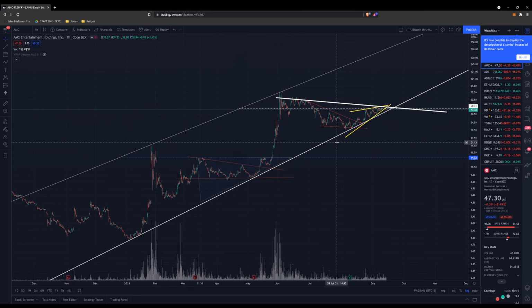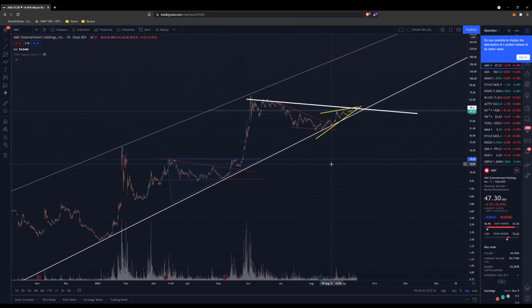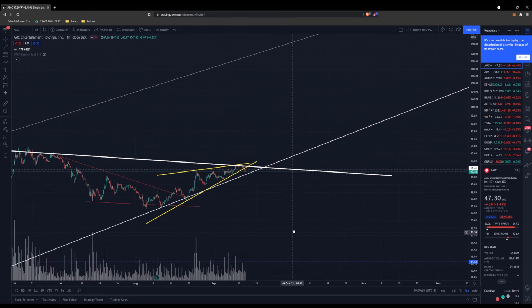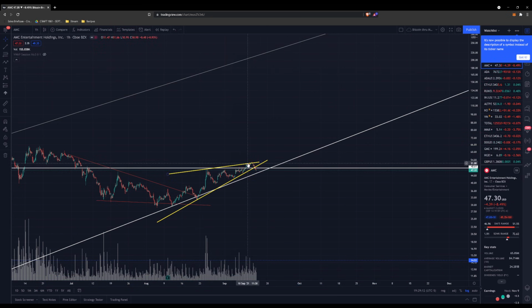So I think generally speaking, because the stock is trading in such a bullish channel, in such a bullish emotional state, it has so much support. You could see, and we broke back into this ascending triangle, right? So this ascending triangle, if you make this straight line, make it bold, take this off for now.